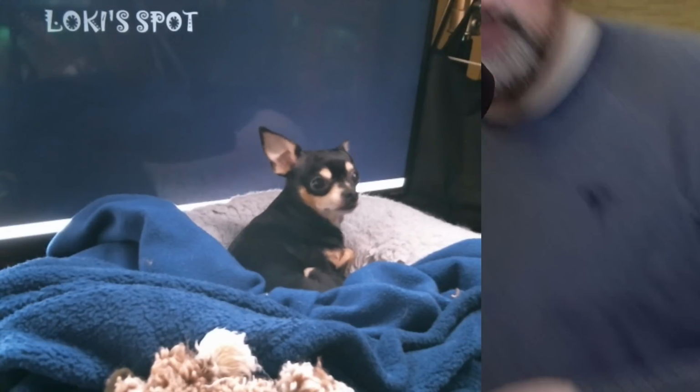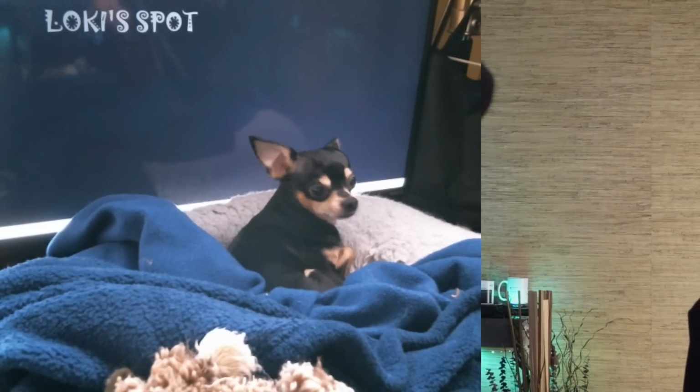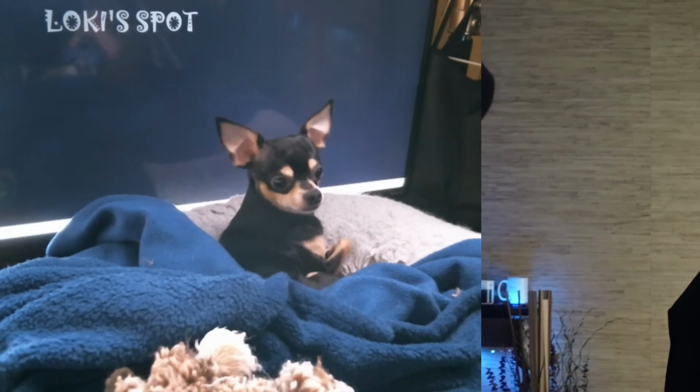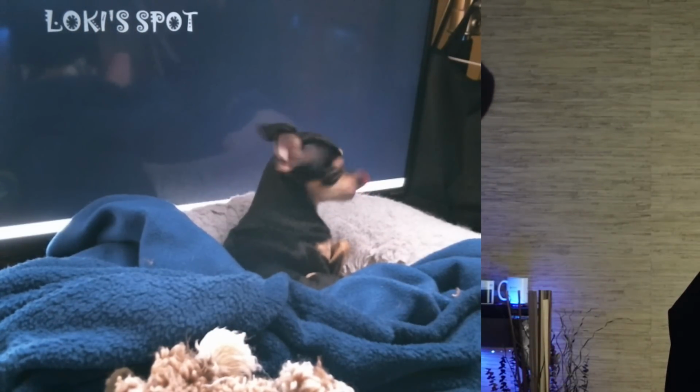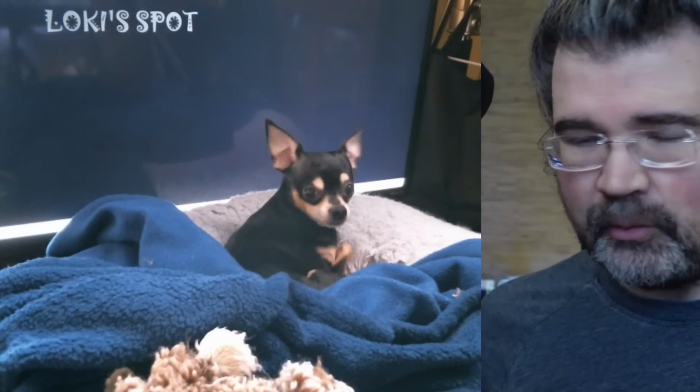This is also an episode of Breakfast with Loki, so let me grab Loki's breakfast for him. That's right, buddy. Yes, there you go. Come on down, buddy. I got it on the floor for you here, okay? You ready to eat? Okay, we'll see if he eats. I just present him with the food, and then he eats when he feels like eating. All right,